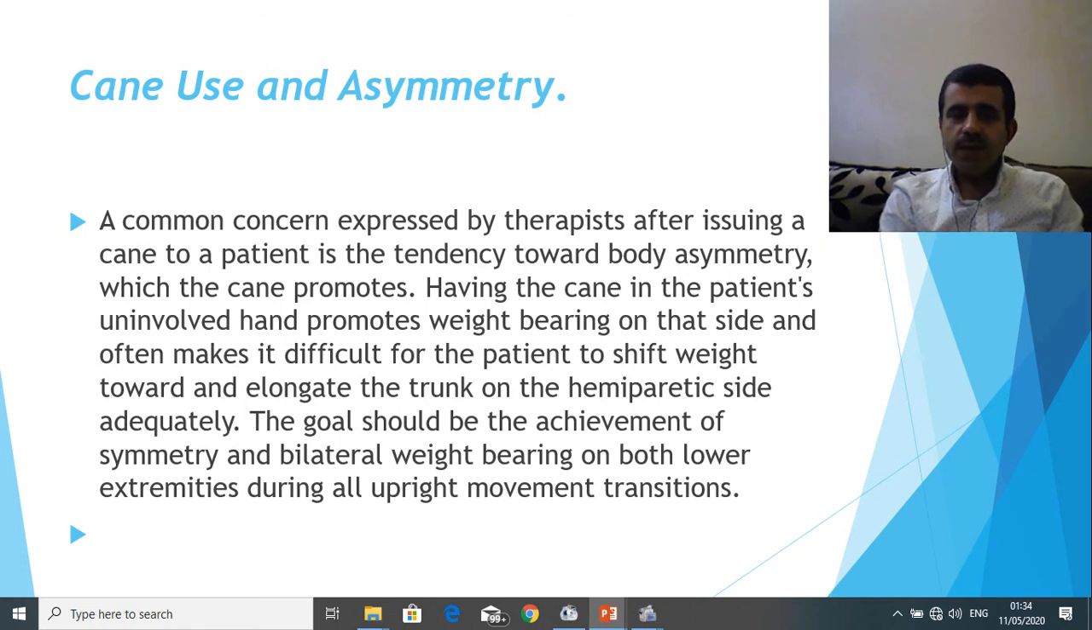Having the cane in the patient's uninvolved hand promotes weight bearing on that side and often makes it difficult for the patient to shift weight toward and elongate the trunk on the hemiparetic side adequately. So the goal should be the achievement of symmetry and bilateral weight bearing on both lower extremities during all upright